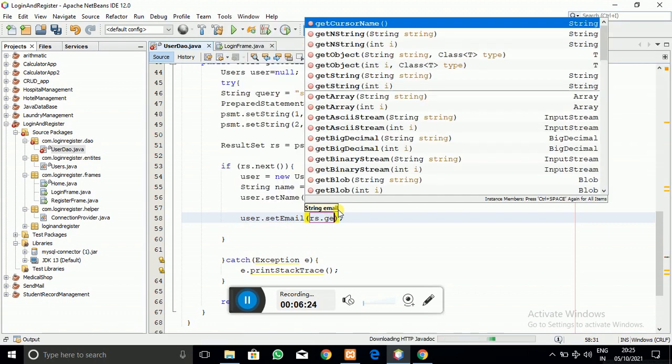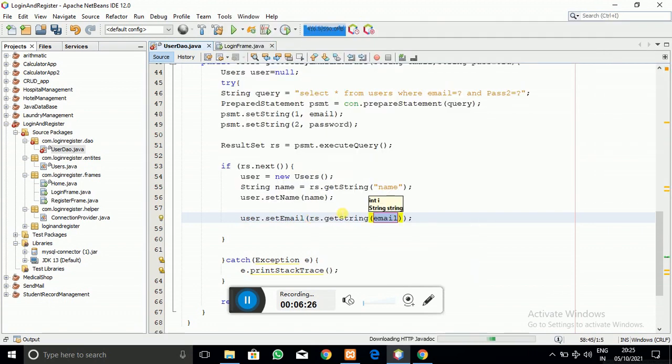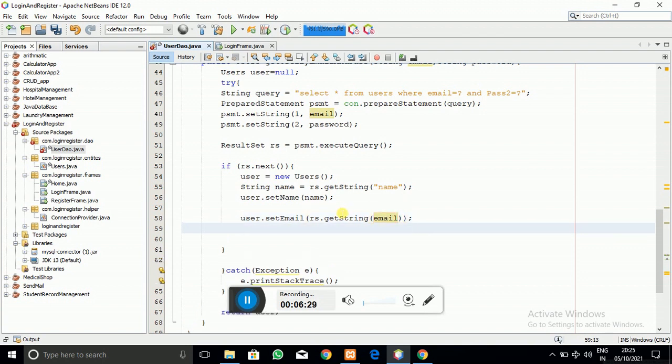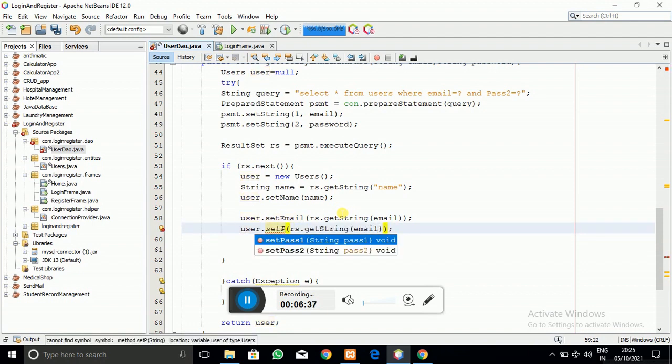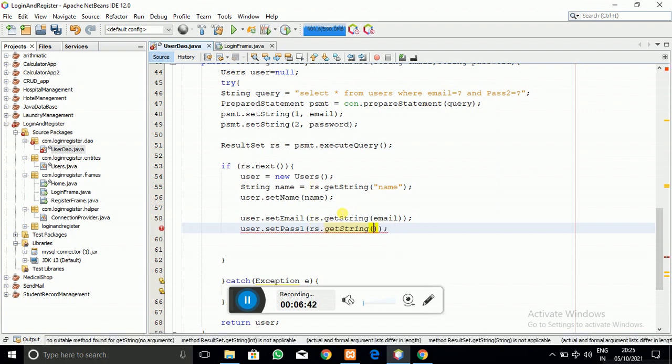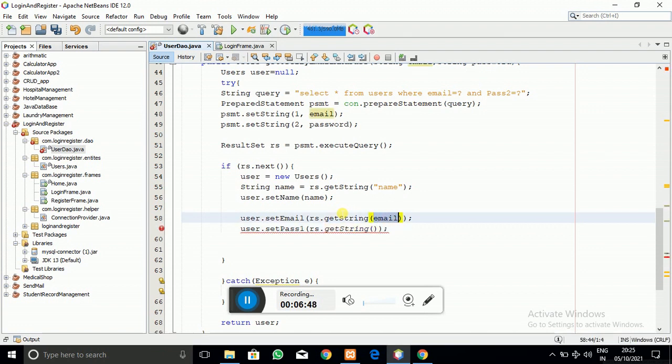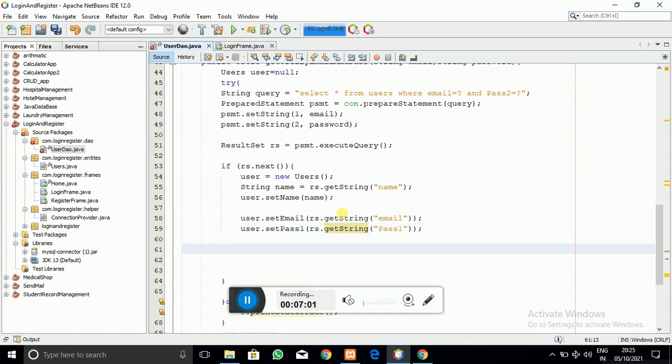Similarly, I am going to set the email, that is user dot set email, and in the brackets I write result set dot get string, getting the value from the database, that is from the result set. In get string you write the column name of the database table, so get string email, and similarly user dot set password, with result set dot get string password.